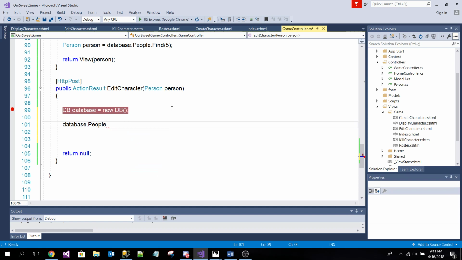Let's see. Okay, so this is kind of the sucky way. Well, not the sucky way. This is the correct way. This is how we do it at work. But I wanted to do it a little bit cleaner. Okay, so we got the person, right? We got the person from the outside here. So now,